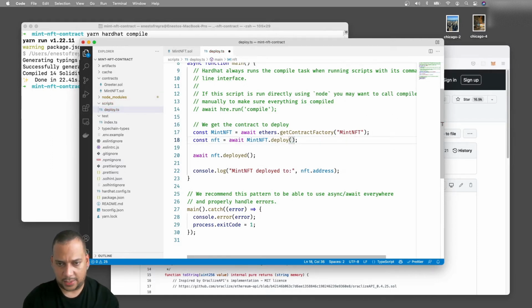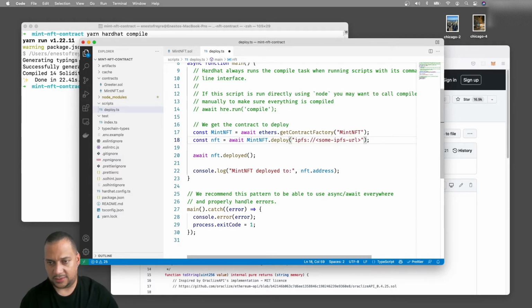To deploy the mint NFT contract requires two parameters. The first is the URL. For that, we will just hard code a URL. Let's assume that we're passing an IPFS URL, some IPFS URL.